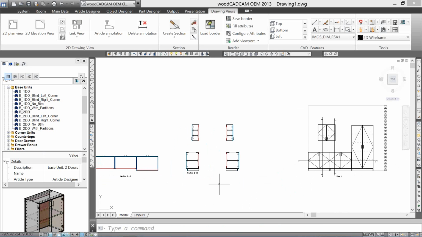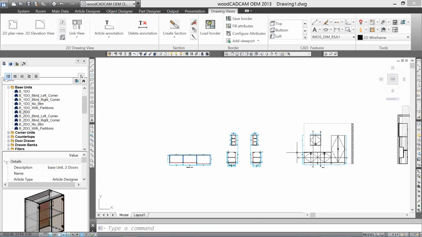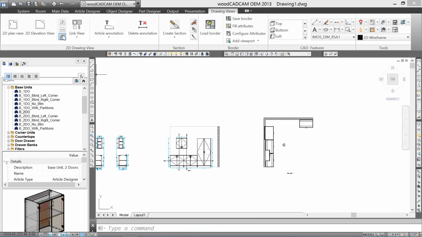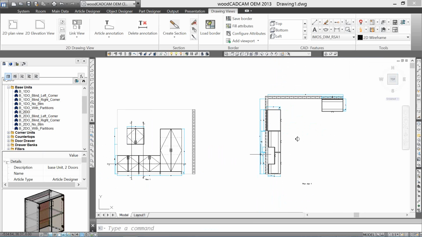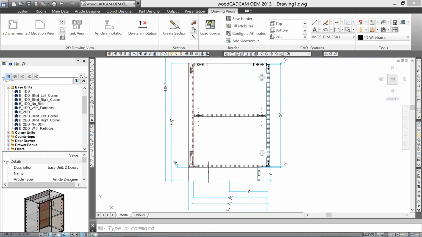So from this, I want to go ahead and dimension everything off. It'll automatically dimension for me, saving me a ton of time. It's a matter of picking the elevation. And these dimensions can be set up to reflect what the customer wants in terms of the nomenclature, fonts, whatever. So very clean though. And one other thing I want to show you on the sectional views, if